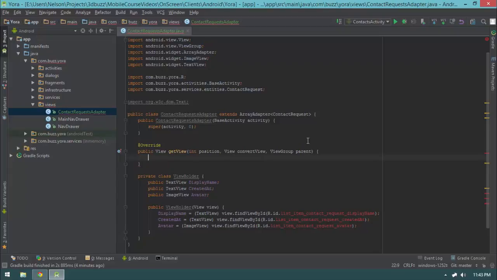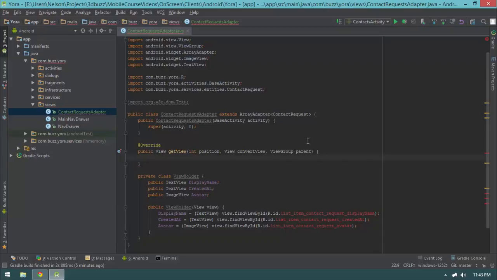They will save you time. Okay, so for the first step, I'm going to grab this particular item. Remember, the getView method for the adapter is responsible for returning an inflated layout, or an instantiated view, whether it came from a layout or not is irrelevant, that will be used for each individual row in the list view. So the most important thing to do first is to get a reference to the object